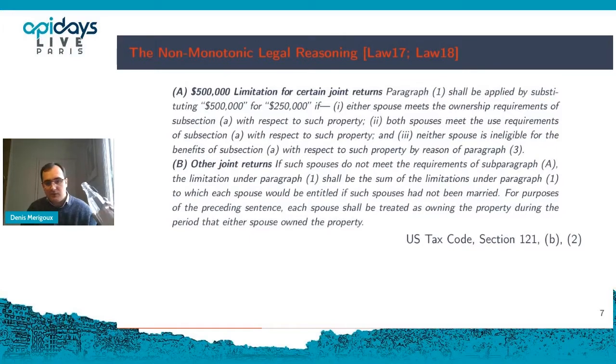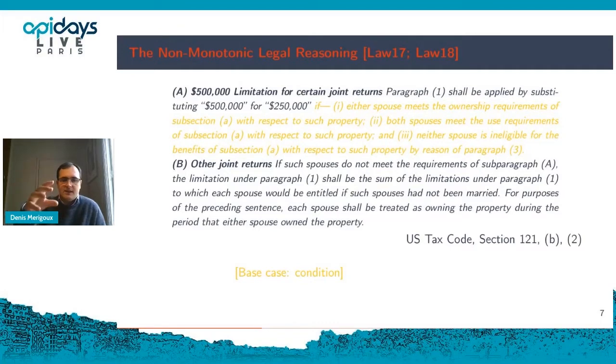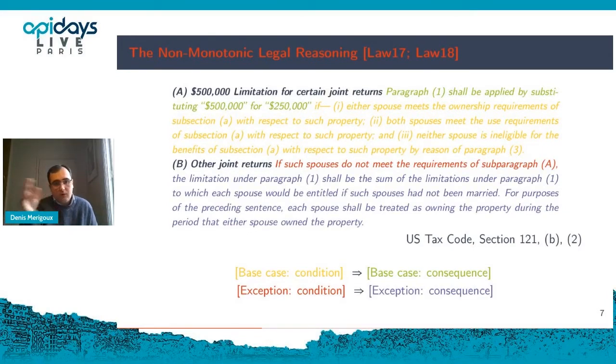So let's take another excerpt of the US tax code, section 121, the same that we were studying previously. This is an excerpt that says that if you're filing as a couple, then the threshold of $250,000 should be raised to double that, right? Because there are two people. And all of this is nice, but there is an exception that comes with the B paragraph. As you can see, the reasoning that underlies the way the statutes are drafted has two things: a base case that comes with a condition, and this base case triggers a consequence. But there can be exceptions to that base case,